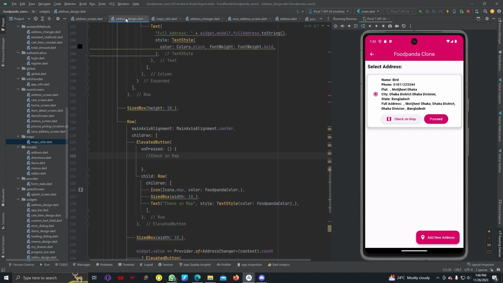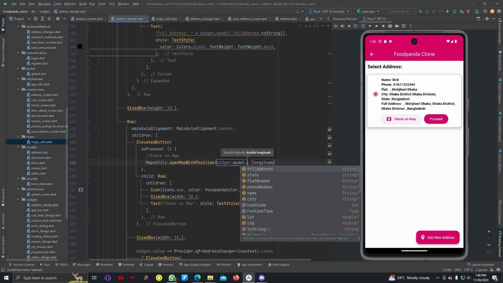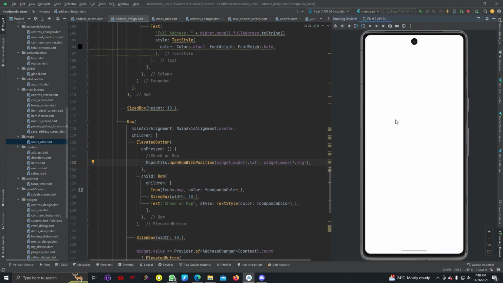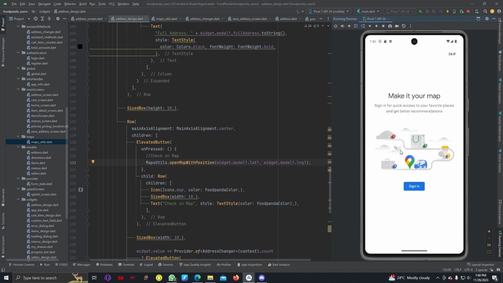Now let's go to our address design, and here we can write maps utils dot open map with position. So widget, we can pass our latitude and longitude. Let's copy this and paste it here again, and we can change this to longitude. And now if we click here, we will go to Google Map,